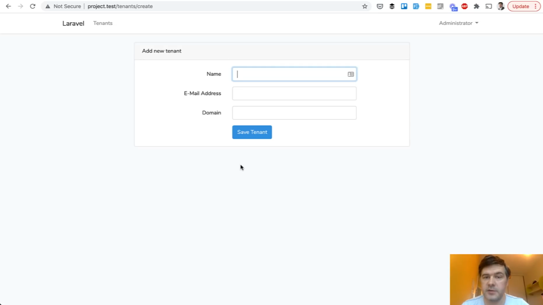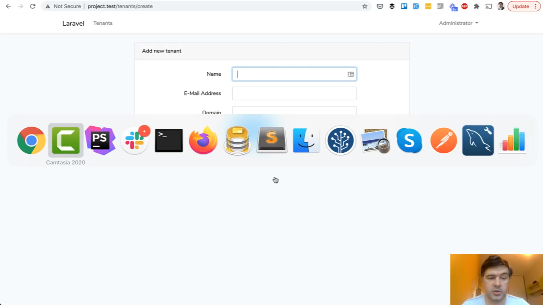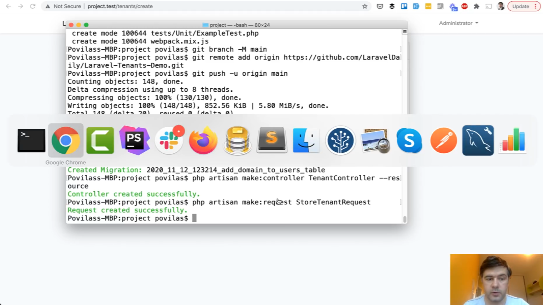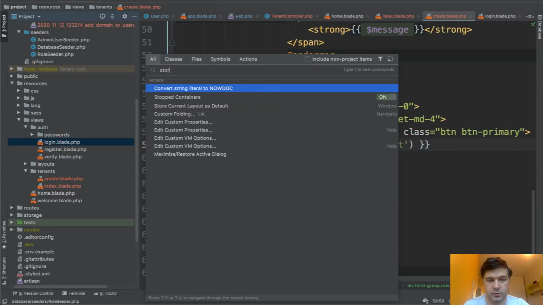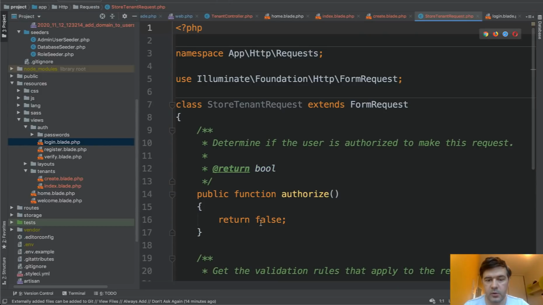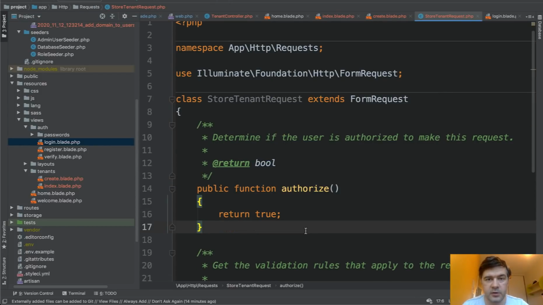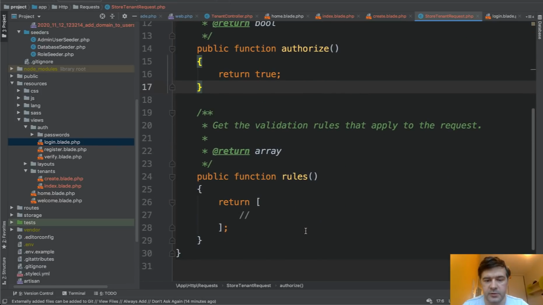Now let's take care of the submit. Let's make a validation request. PHP artisan make request store tenant request. And what will be the rule for our request? So store tenant request, authorize will be true by default. We will take care of the roles and permissions in later videos, but for the rules for validation we have